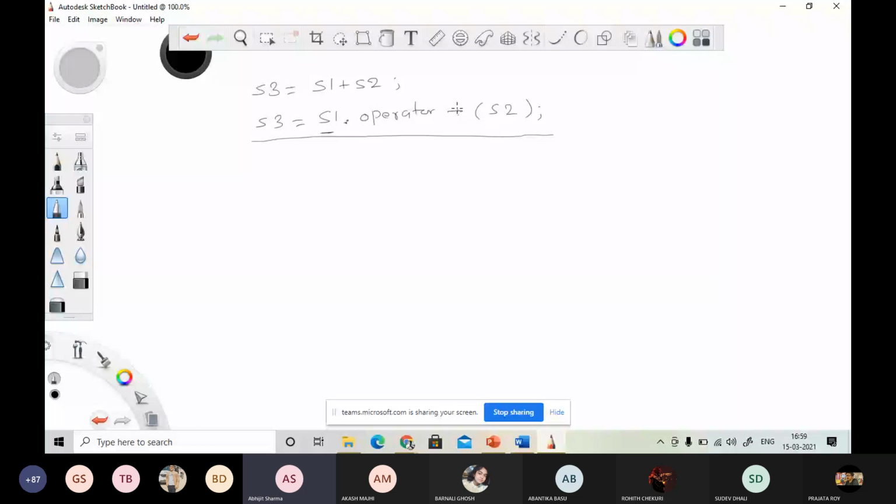If you have defined the operator plus function in the string class, then it will get resolved and the object s2 will be passed as an argument and object s1 will be passed as the implicit object. But if you haven't defined the operator overloading function as a member function, then it won't get resolved. In that case, the compiler will reinterpret this expression as s3 equals operator plus